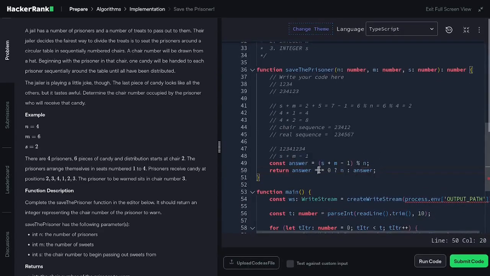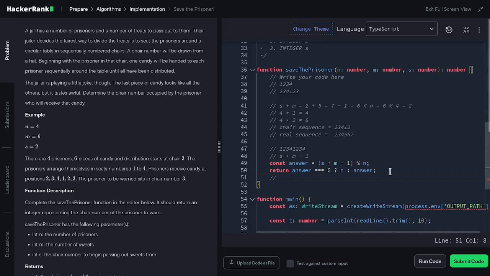ternary operator to check if the answer is 0, then we return the n as the answer, or the number of prisoner, which is the chair 4. And then if it is not, then we should return the actual answer from the answer variable right here. Let's say for another example, we have the number of prisoner, which is 4, n equals to 4, and then the next one m equals to 4 again, and then the s equals to 1, that starting chair is 1,